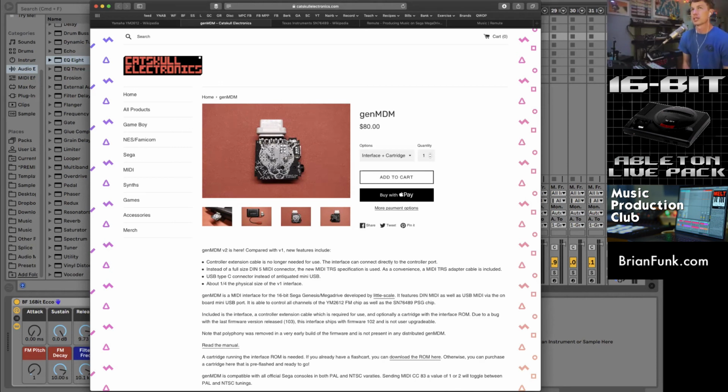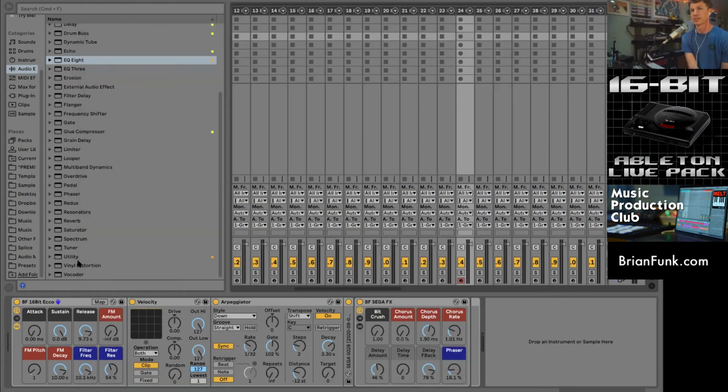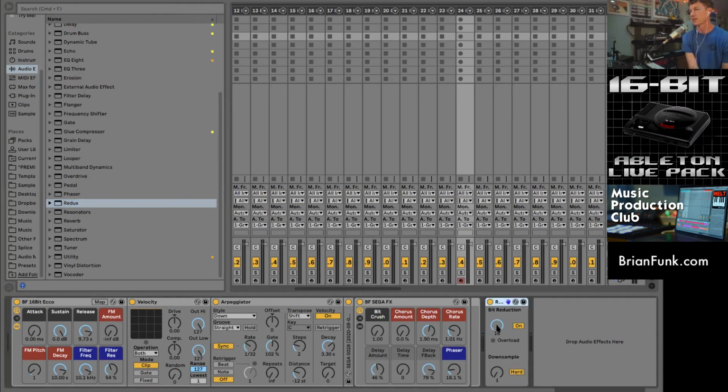You know, like some of the old school samplers were sampling at like 12 bits, which gives it a gritty sound. I think most people are probably recording into Live at 24 or even 32 bits. But if you record at a lower bit rate, you're going to get a little bit of griminess to it. And you can kind of emulate that with the Redux device too. Yeah, I use Redux a lot. The bit reduction, like